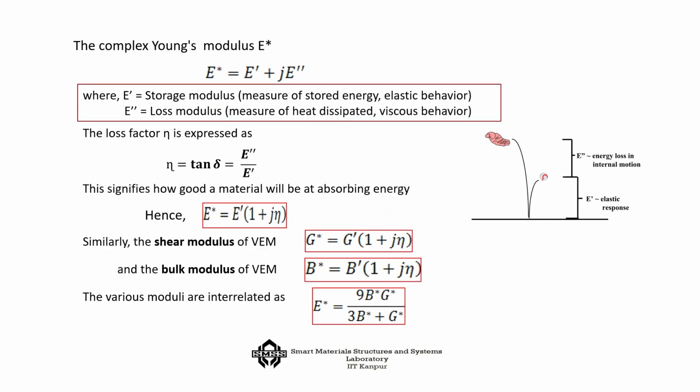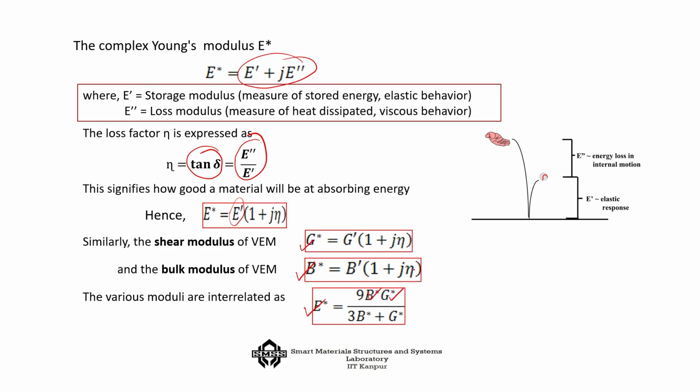So, E star is E prime plus j E double prime, okay, and eta, that is the loss factor, is tan delta, and that is E double prime over E prime, okay. So, that is the ratio between the loss modulus and the real modulus. In fact, you can write the whole thing also in terms of the real modulus as E prime into 1 plus j eta, and similarly G star and B star will happen,